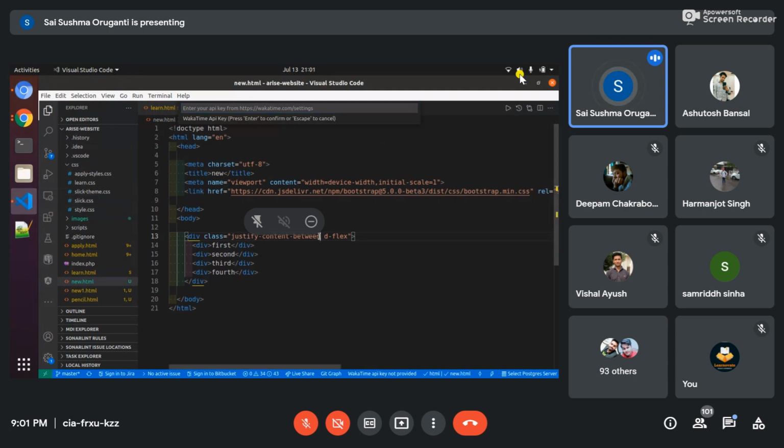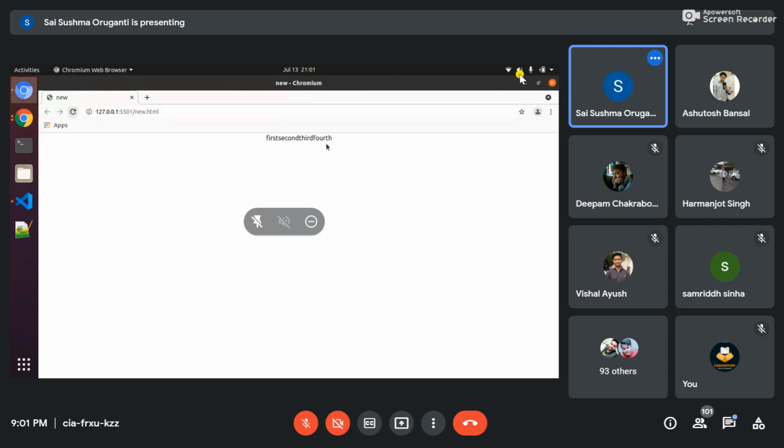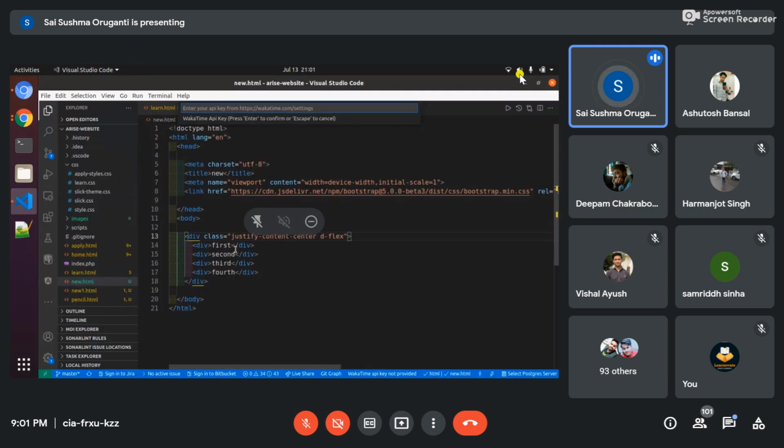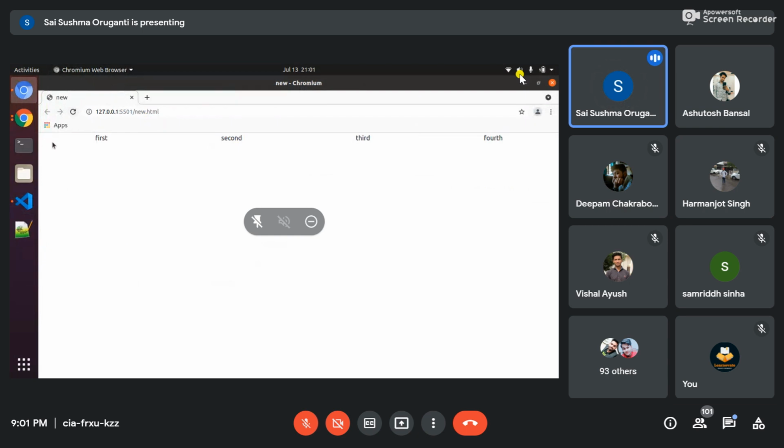So again, we can use many things. There are many things like center. If you use center, see, it has taken equal space here and here, and it is aligned in the center of the screen. And you can also use around here. See, here also there is space.